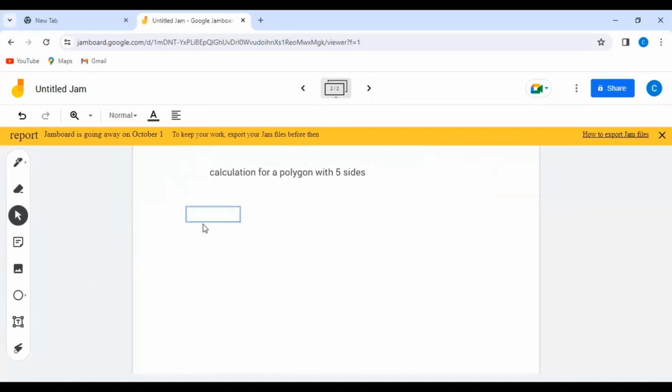Let's quickly run it. Remember that the total angle is equal to (n minus 2) multiplied by 180, isn't it? At this point, n should be equal to what? 5. So let's go ahead. That means anywhere we see n, we put 5 in the formula. So we have (5 minus 2) multiplied by